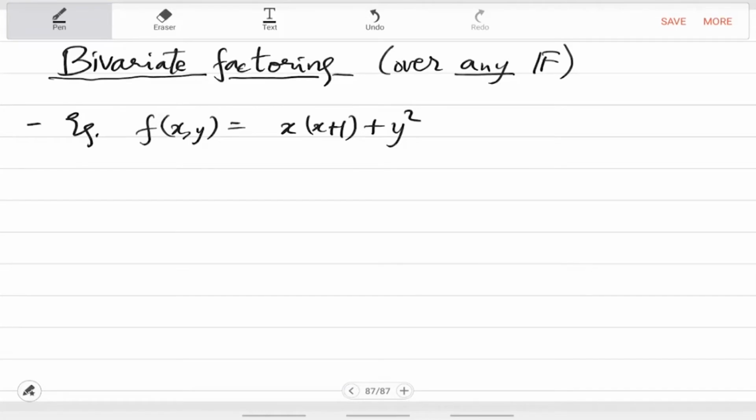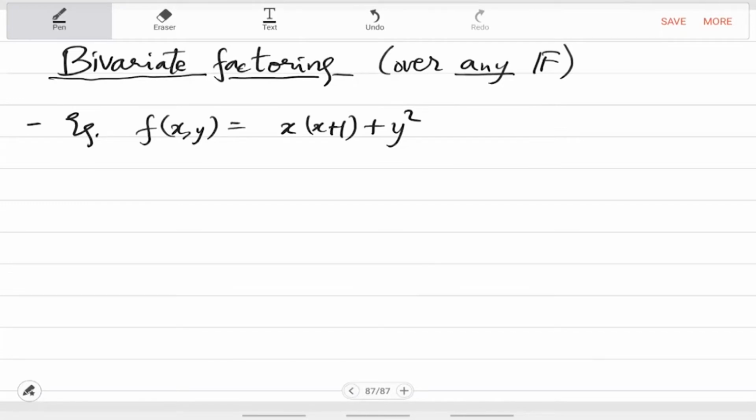How do you show that this is irreducible? Because for bivariates, you don't even know how to test irreducibility. Intuitively you can immediately see that this is irreducible, but what if it is not? So, you want to factorize this. What is the method that you can try? In particular, to reduce this to univariate factoring, basically you want to eliminate one variable. So, what you can do is fix that variable. In this case, you can fix y to be 0, and then you see the factorization x times x